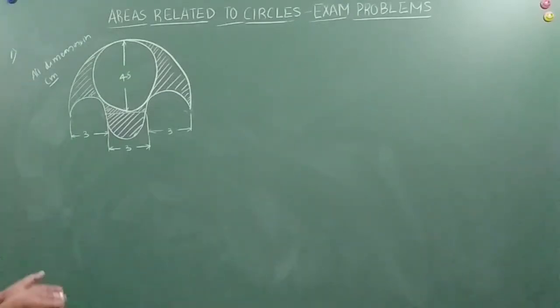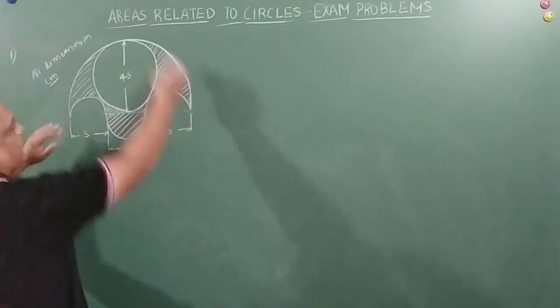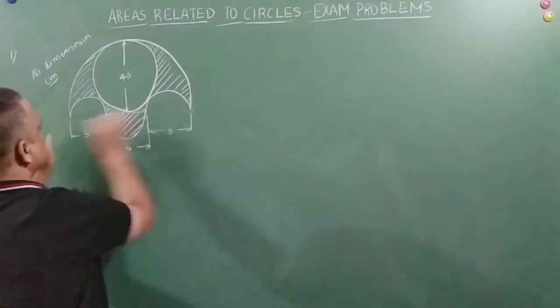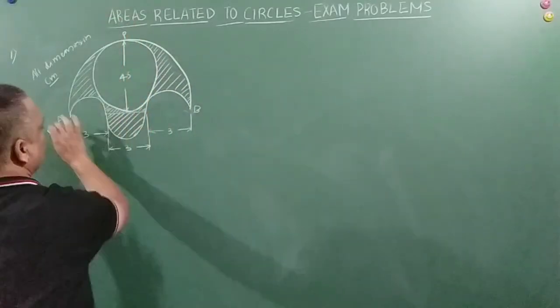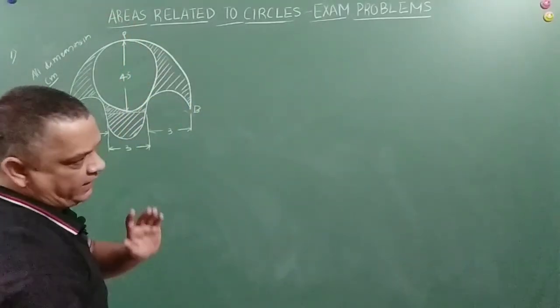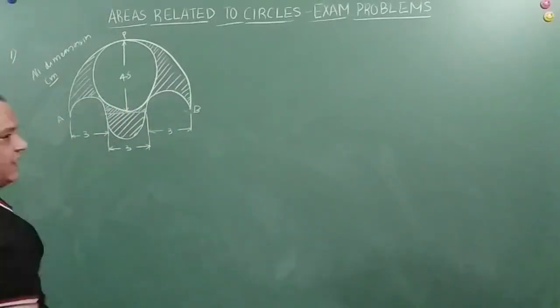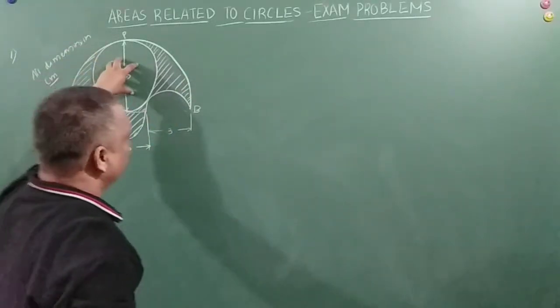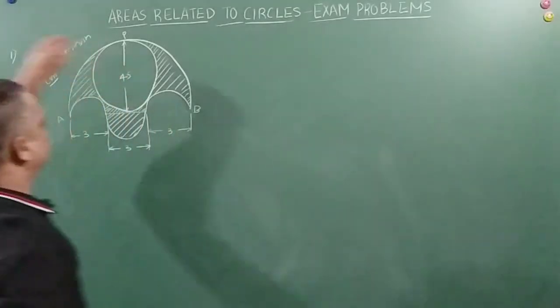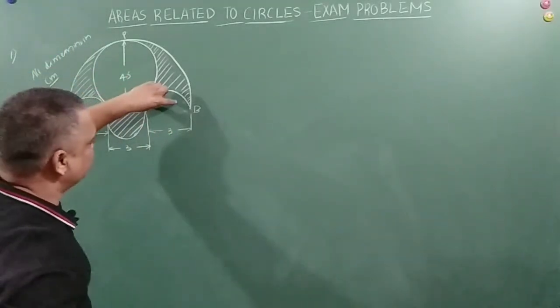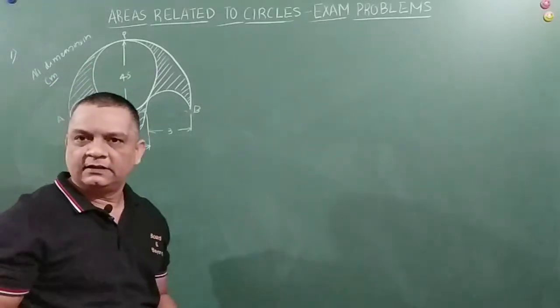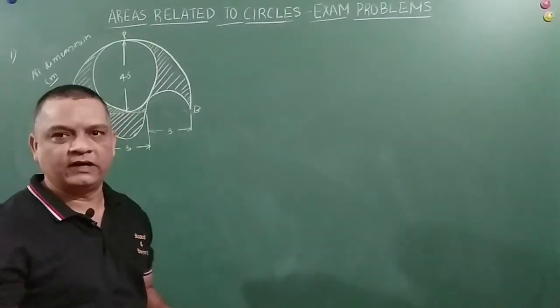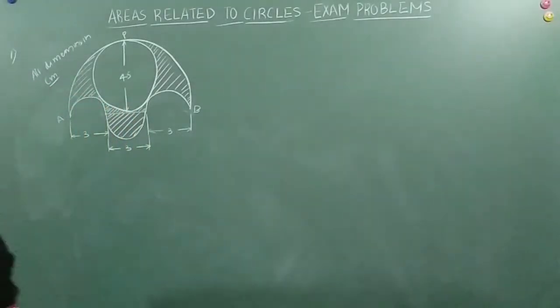So basically, what we can do, friends, is take the area of this semicircle. I am talking about this. Let's call it A, B, and P. I am talking about the semicircle ABP. Correct? So we will take out the area for that. From that, we will subtract the area of this semicircle and this semicircle, and add the area of this semicircle. That will be my required result, or the area of the shaded region. Right, friends?